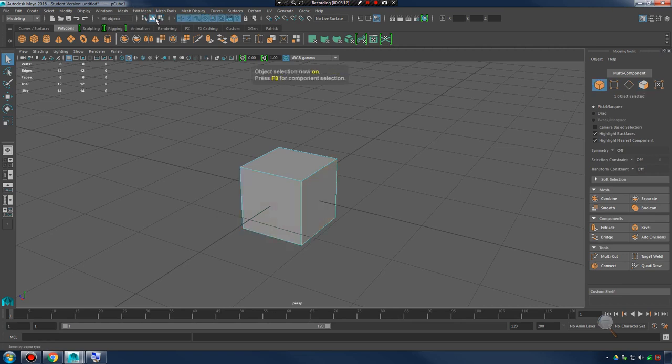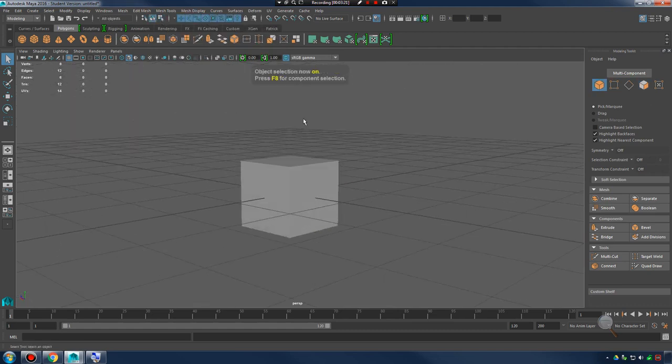So you'll notice as I'm pressing F8 on the keyboard, we're toggling between these 2 icons you see up on our status line. So those are just a few ways we can toggle between selection modes